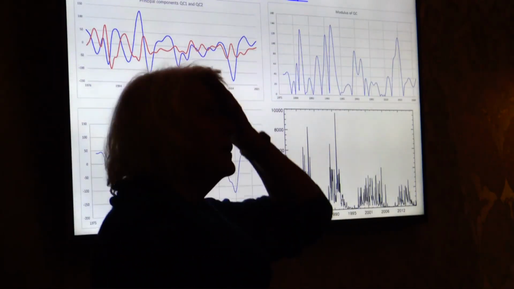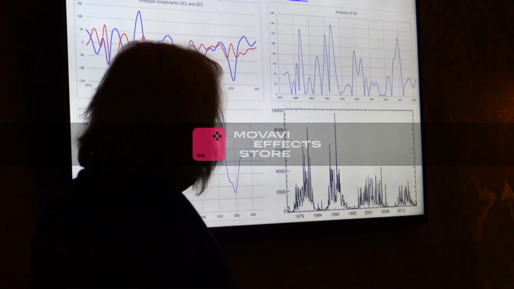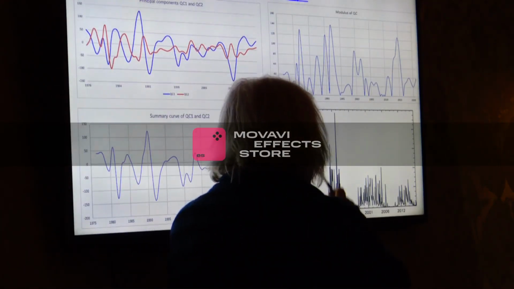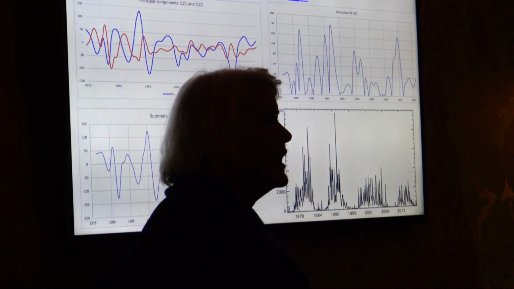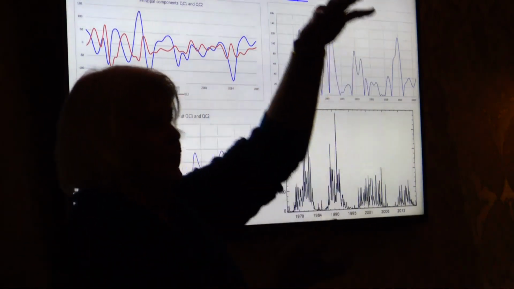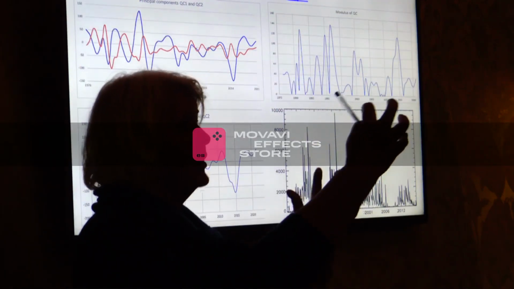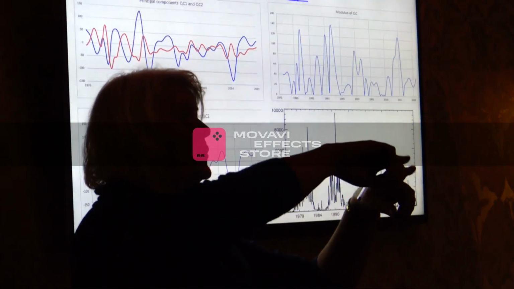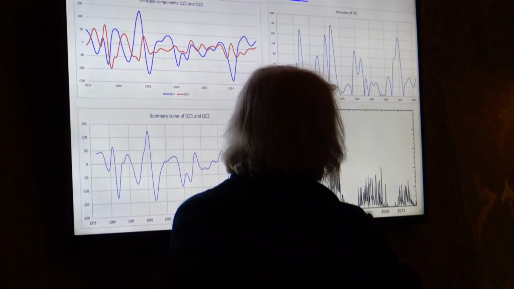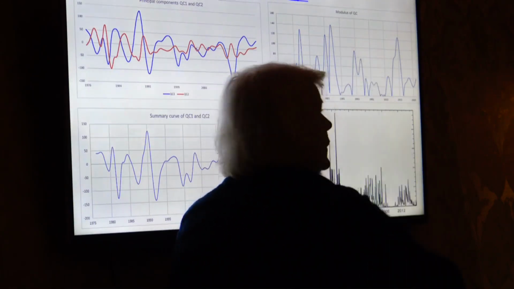Then another paper, 2022, with Simon, we looked at the quadrupole magnetic field. And what we found is that the quadrupole magnetic field actually corresponds to the soft X-ray index of flares. And it makes sense. If the dipole magnetic field is north polarity, south polarity, the quadrupole allows additional sources to appear and produce interaction, produce flares. And this is the index of soft X-ray in flares, and this is my summary curve for the quadrupole magnetic field we